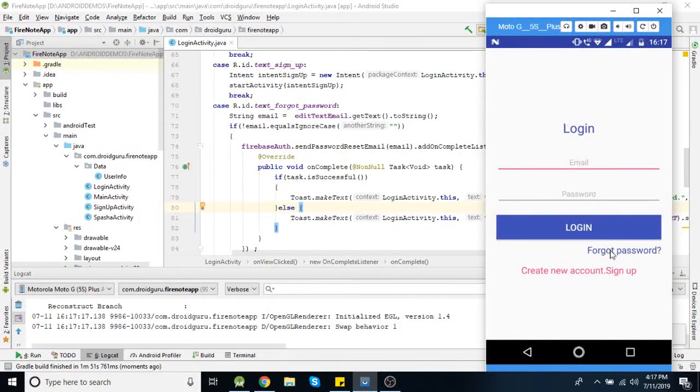So if I click on this forgot password, it will show error like please enter valid email.